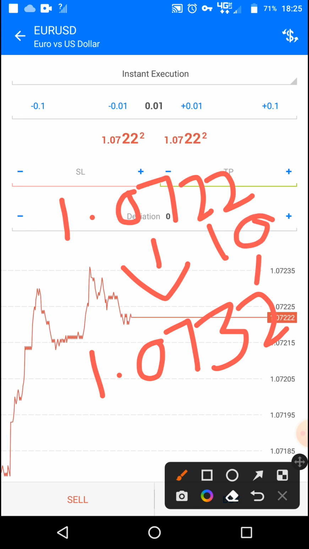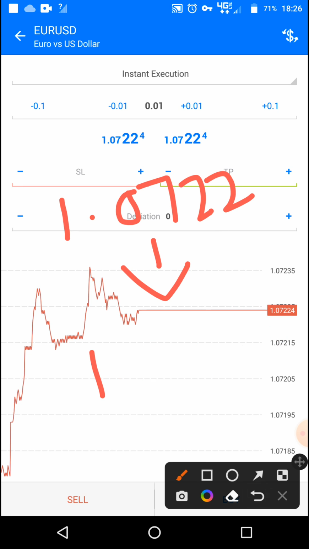That's why we are getting this particular decimal point here. So mostly the fourth decimal point is 1 pip. Okay, the next is the 10th pip, the third decimal point is on the, so you just read from the back, from the right to the left. Okay, that's how pips